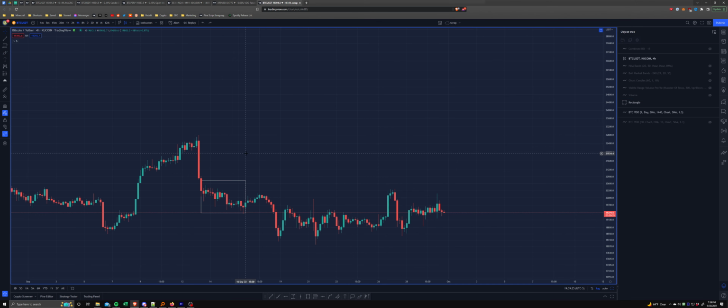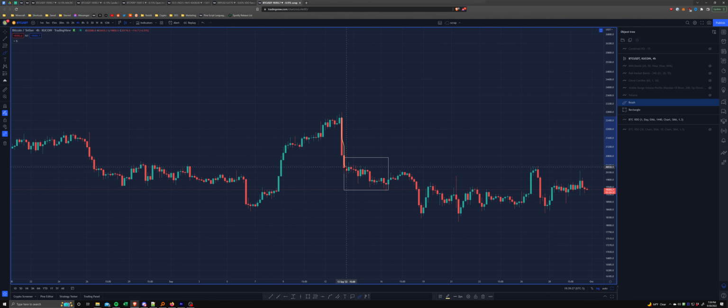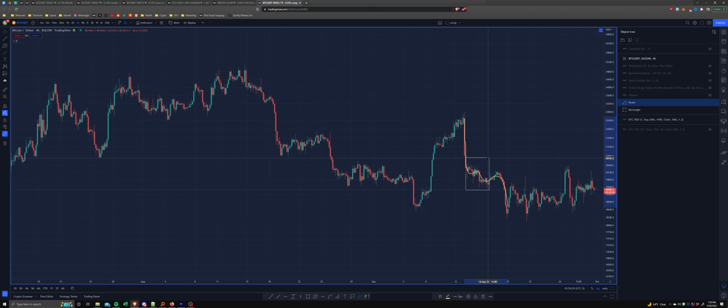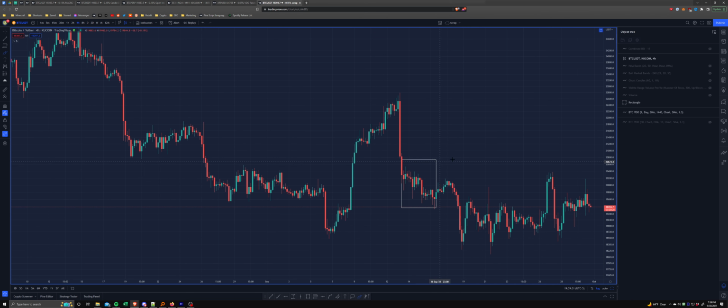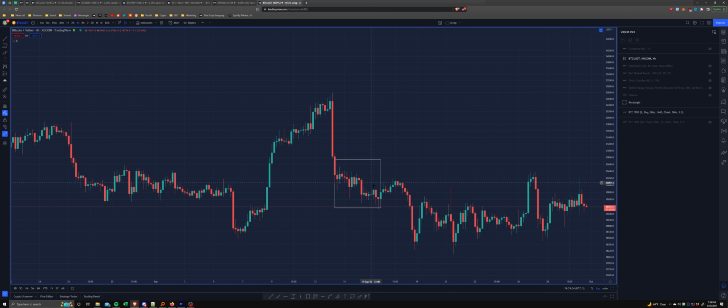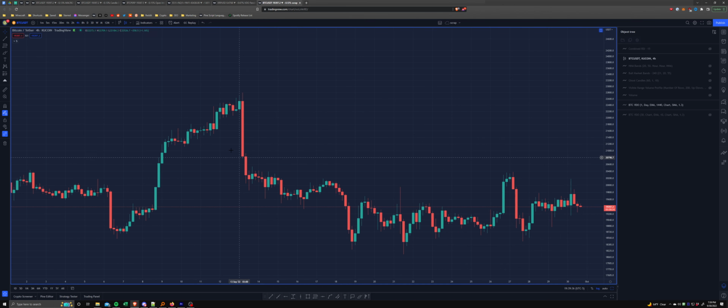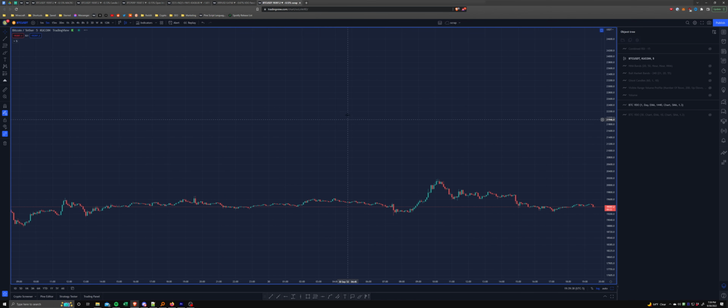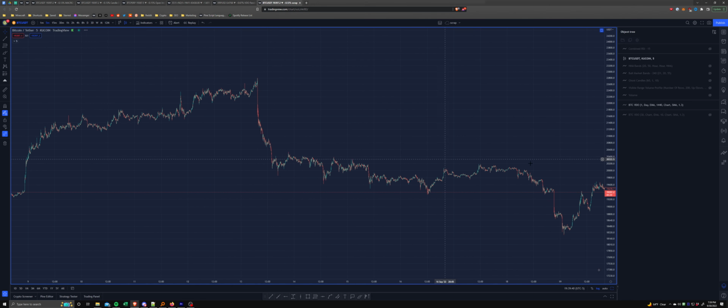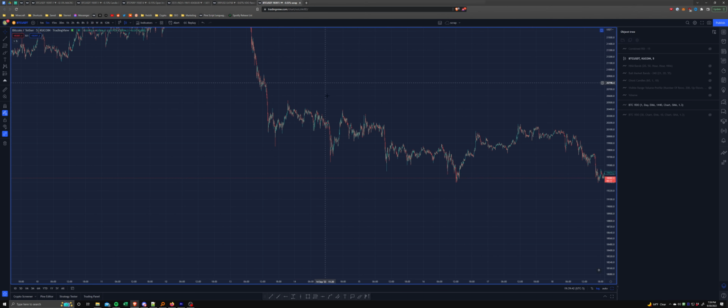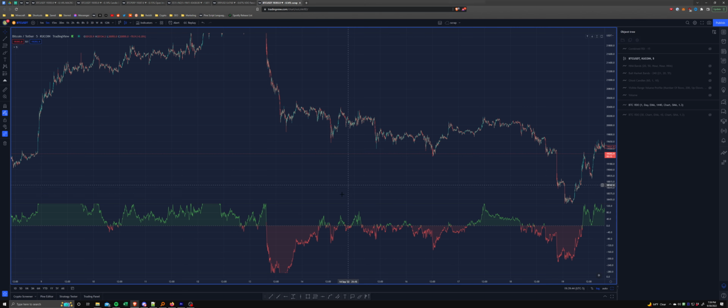the CPI release. And then after that, we just had a cascade, just some very bearish price action right there. And during that time, I really did not trade this because I don't feel confident trading that sort of stuff. But anyways, let's get back into the 5-minute time frame. Unfortunately, I'm unable to be on the 1-minute time frame, so we're just going to have to deal with the 5-minute